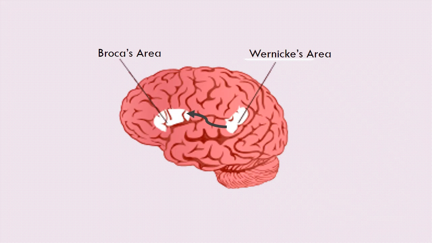Here you can see the two important areas of brain, Wernicke's area and Broca's area. These are involved in human language processing. Wernicke's area is primarily responsible for comprehending the meaning of words, enabling us to understand language. In contrast, Broca's area, working in coordination with the motor cortex, facilitates the production of speech, such as when reading words aloud. These two regions are interconnected by a bundle of nerve fibers called the arcuate fasciculus, which allows signals from Wernicke's area to travel to Broca's area, enabling seamless communication between language comprehension and speech production systems.